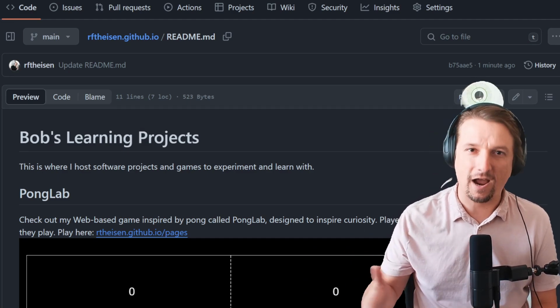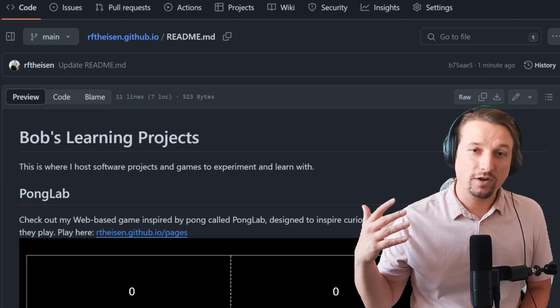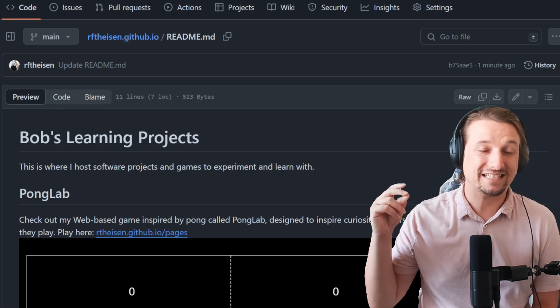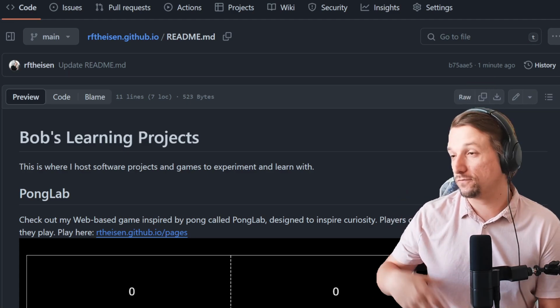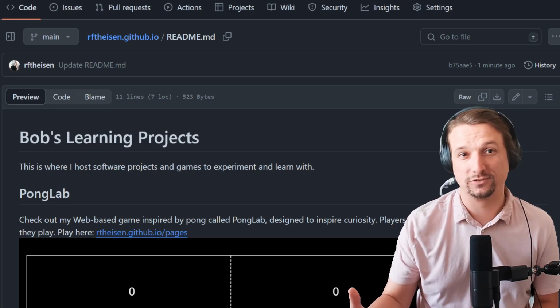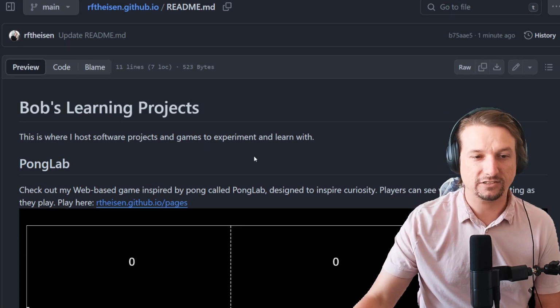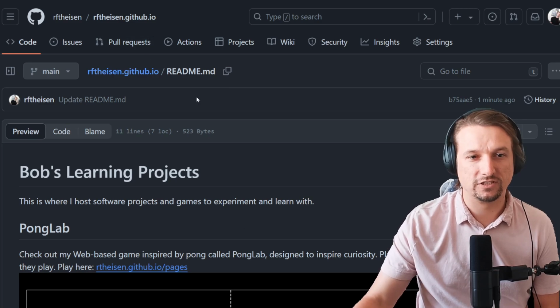PongLab is inspired by the classic game Pong, and what it allows the player to do is play and see what's happening in the source code, what's executing, what functions are executing, and what code is running as they play the game. I've written it in JavaScript, and you can actually see the source code to this game if you go to my GitHub, which is